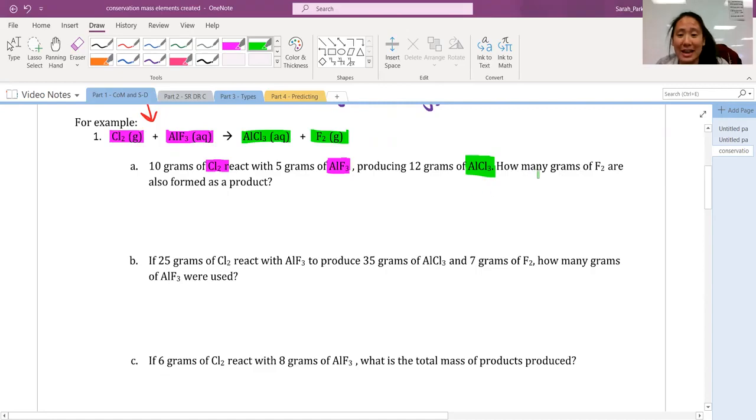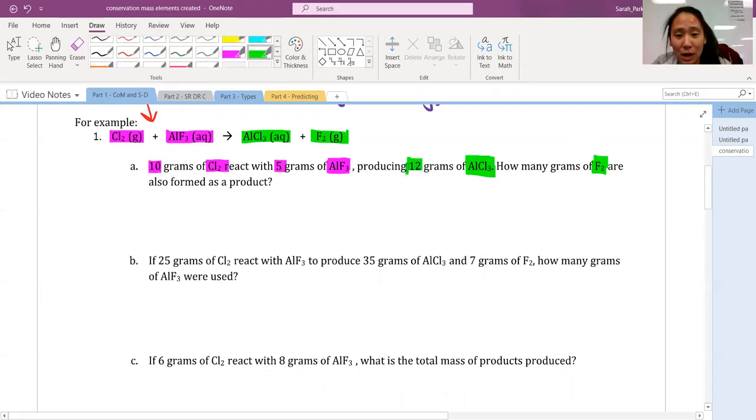So I'm going to color it green. It asks how many grams of fluorine are also formed as a product. So basically, you're going to match these numbers and pieces of information, this 10 and 5, and this 12, and then we have a missing number in this chemical reaction. So you're substituting, right? Here, 10 is going to replace the first one, 10 grams of chlorine. It reacts with how many aluminum fluorides? 5 grams here. You have to think of this arrow like an equal sign because they have to be equal